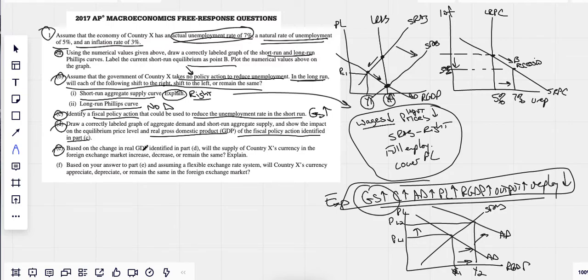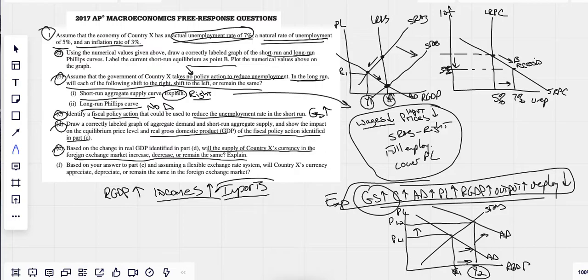Based on the change in real GDP, identify in Part D, will the supply of country X's currency in the foreign exchange market increase, decrease, or remain the same? So understand that anytime they're saying real GDP has increased, it implies that the country's incomes, remember now, Y on the bottom down here stands for income, have gone up. If incomes go up, we just know that our citizens now are richer. They're going to buy more imports. When they buy more imports,